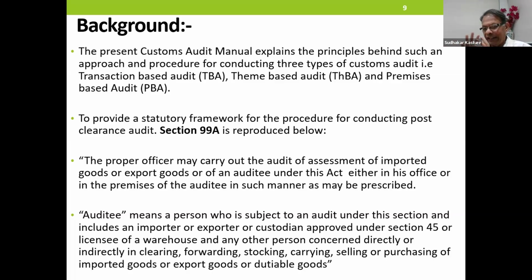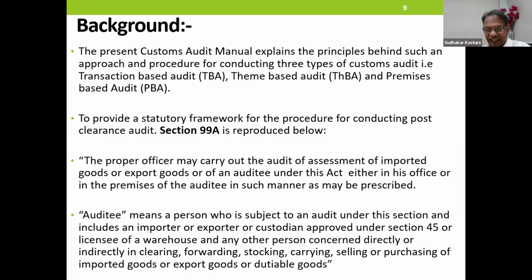Section 99A. I am reproducing the section below this, and understand the meaning very clearly, because most of us may not be aware of what is the legal meaning of this term, of this section. This section defines the term auditee.